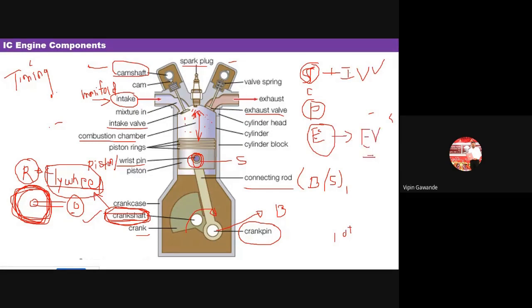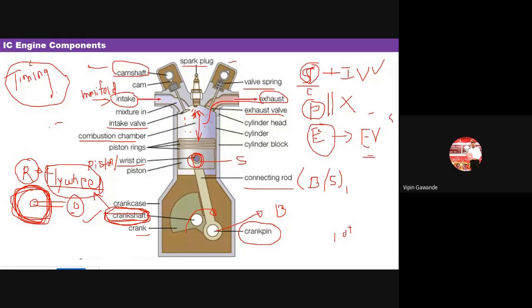So this camshaft is continuously rotating. This is connected with the springs, and the timing is maintained so that when the piston makes the stroke, that is suction, compression, power, and exhaust, this intake valve only opens when there is a suction stroke, and during the compression and the power stroke, both the valves remain closed. And during the exhaust stroke, the exhaust valve opens. Now when this exhaust valve opens, the combustible gases are removed through this exhaust manifold.